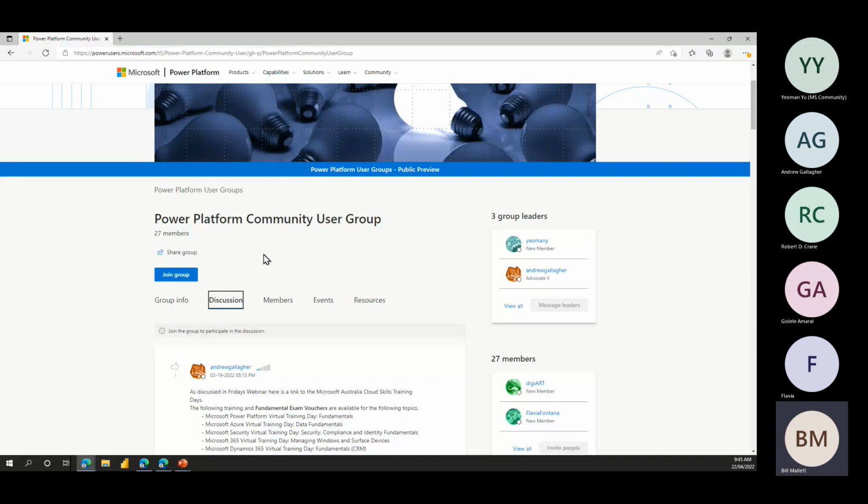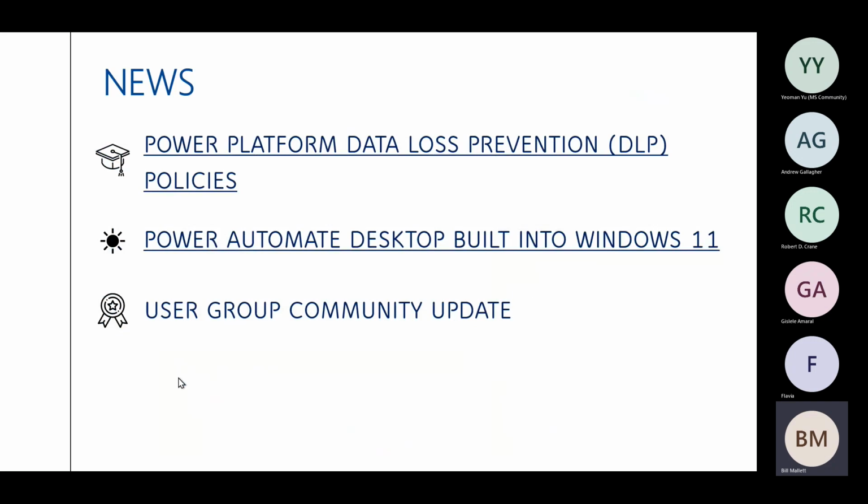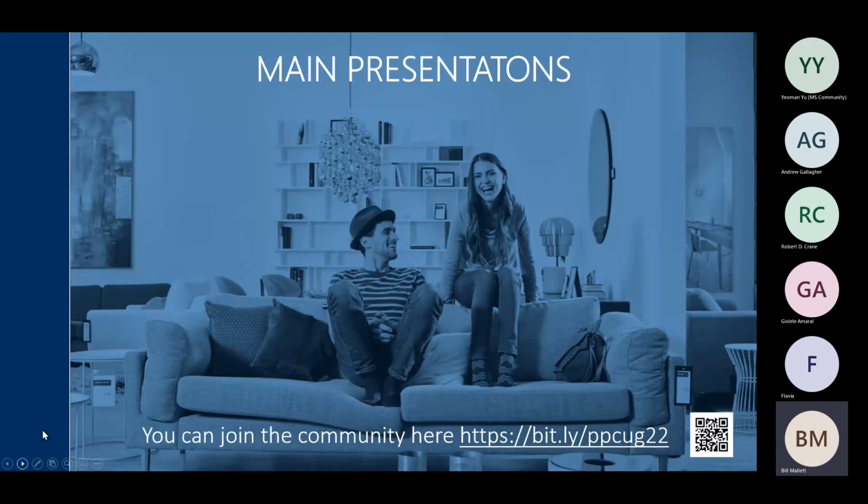We didn't start until November last year, but as you can see on the screen, we've already grown to 27 members. But the more the better, the more discussion that we can have and the more we can learn off each other. So please pass on the message and invite others to join our group. So that's it for our news then. The next thing is we get into the main part and do our presentations.